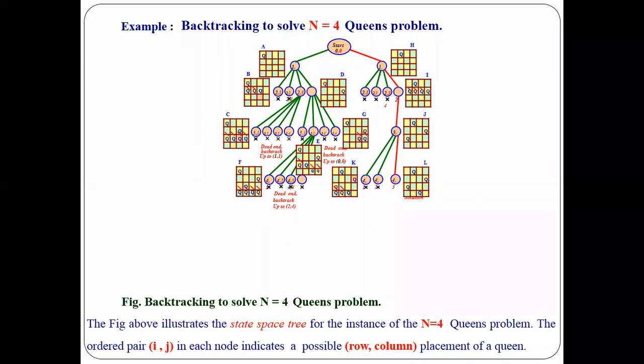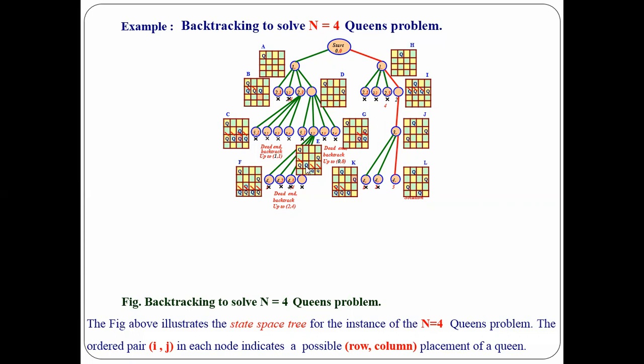So now if we see that backtracking is used, first of all, from A, we try to find out one solution, that is B. If it is feasible, one of the location, it is fine. Otherwise, we move on to the D part. You have another solution to it, D, where the queen can be placed either at the first or at the last location. Similarly, from D, if you move on to your E part over here, you have one more solution, keeping the Q at the third location.